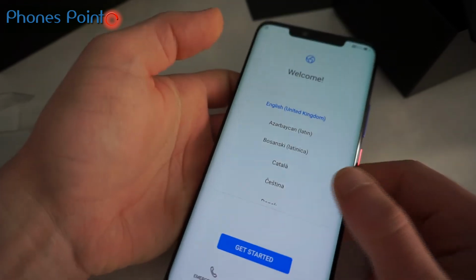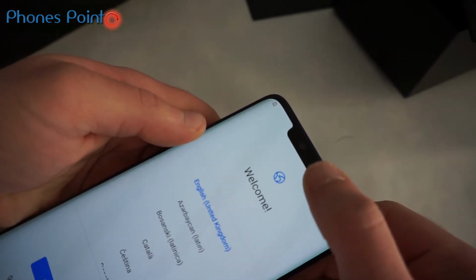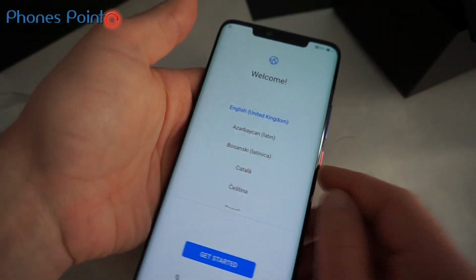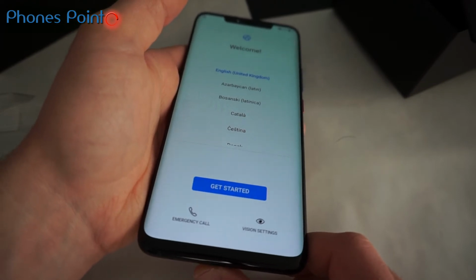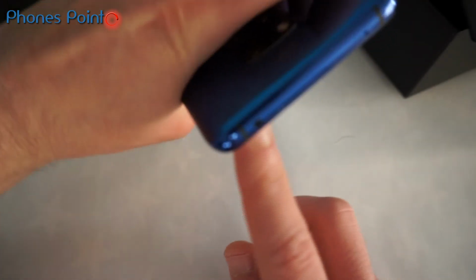So the front-facing camera is a 24 megapixel wide-angle camera with HDR. There are stereo speakers. There is no 3.5 headphone jack. And an infrared port. You can control your smart devices or a TV. Okay,